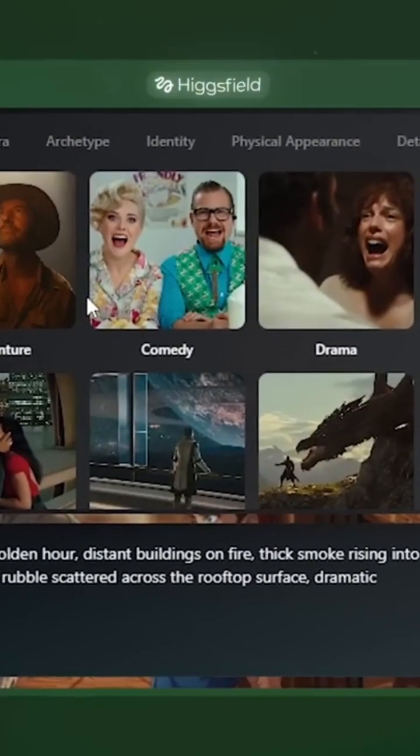Genre is first, and this matters more than it looks. There are 14 options, like action, drama, and horror. And the reason this category is so important is that the same prompt generates completely